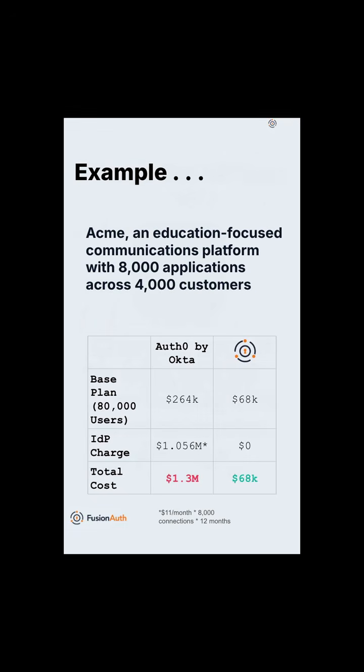We could call this just a classic nickel and diming, but in the end, it's more like robbing the bank from an overall cost perspective. If you're like this customer, an education-focused communications platform, you've got 4,000 customers, each of them needs to authenticate into 8,000 applications. The IDP tax is $11 a month per connection, so 8,000 connections times 12 months,